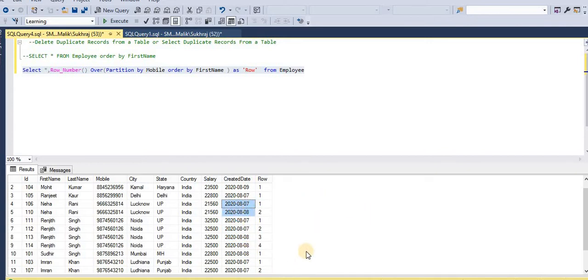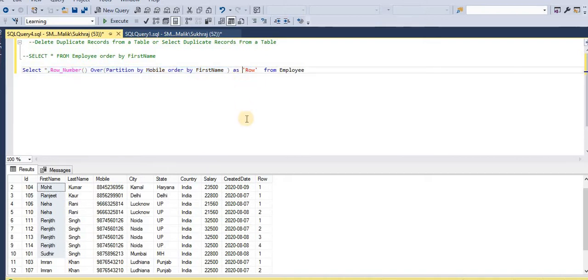So we need to delete these records, but keep only 1 copy of each, right? How can we do that? I already explained how the row number function works, it works on the counter, and there is the order by clause which we must use along with the partition, to decide by which column it will order the records after providing the counter. If I use descending order, then the ordering will change, but nothing else will happen. So this is very simple.